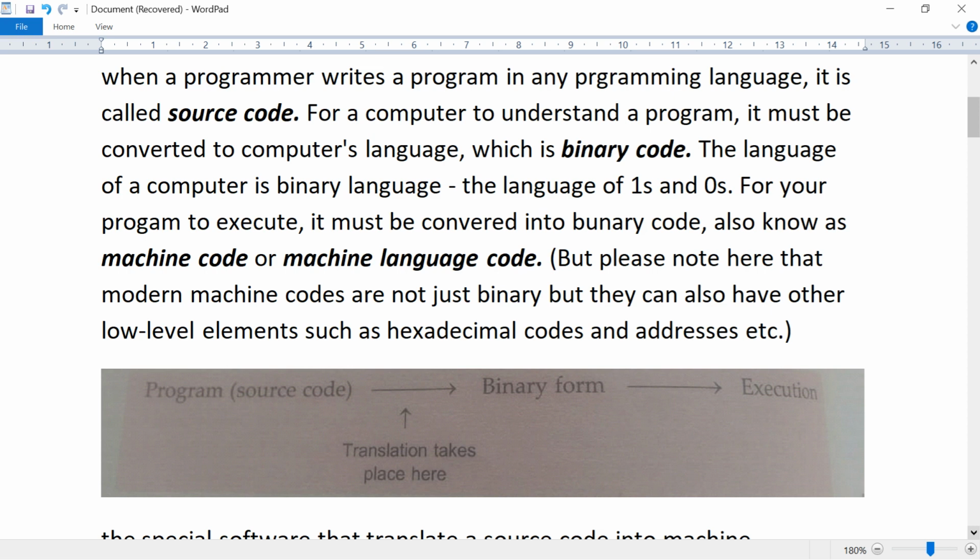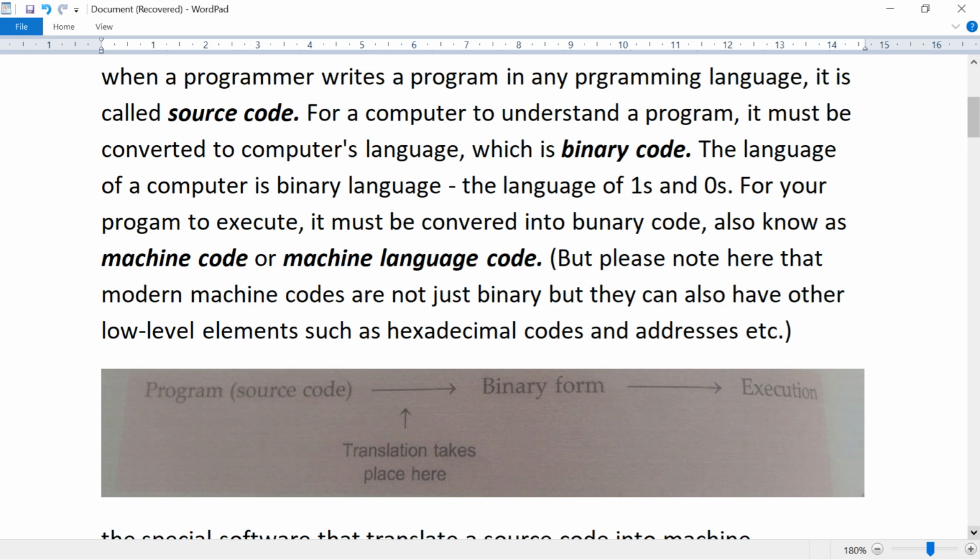So broadly we can say that a programmer creates a program, their source code, which needs to be converted into binary by some special type of software so that the computer can execute it. The special software that translates a source code into machine understandable form is called translator software, or simply translators.